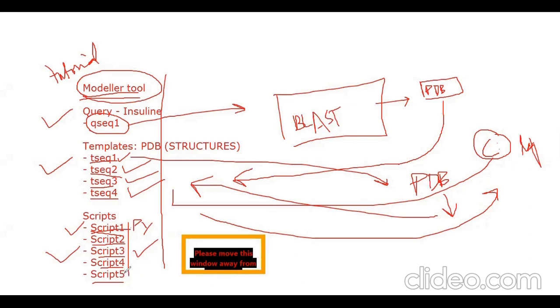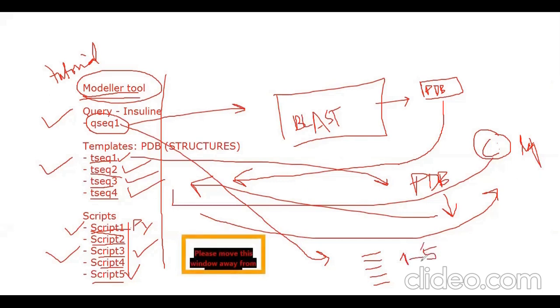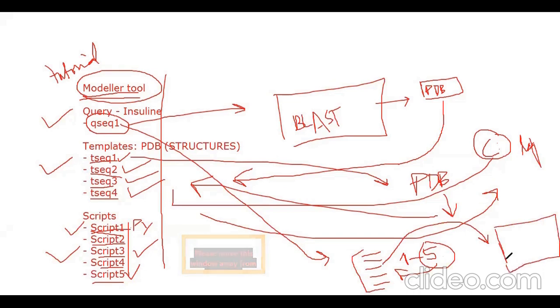After running the fifth file, the fifth script, हमारे पास उस फोल्डर में 5 different structures आ जाने हैं for this query against this query sequences, क्योंकि हम ये scripts फाइल बेसिकली अभी आगे जाके देखेंगे, उसमें हमने इनको कहा हुआ है कि 1 to 5 मॉडल स्ट्रक्चर्स हमें दें, तो 5 मॉडल स्ट्रक्चर वो हमें दे देगा। हमने उन 5 मॉडल स्ट्रक्चर में सेलेक्ट करना है कि which one is the best structure to go forward with that।